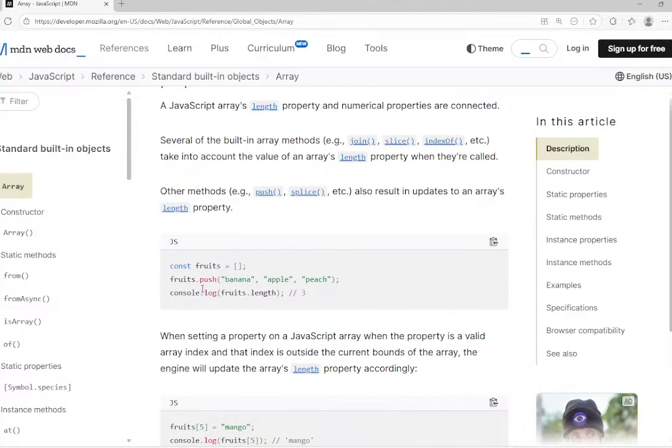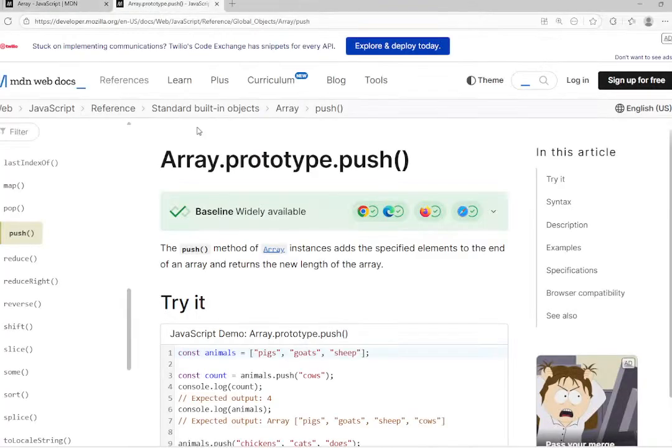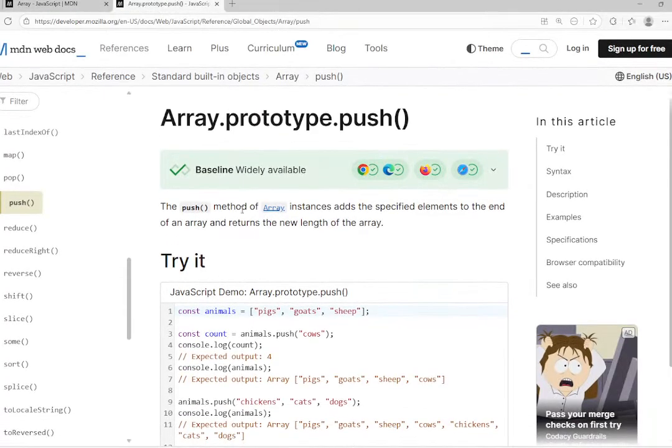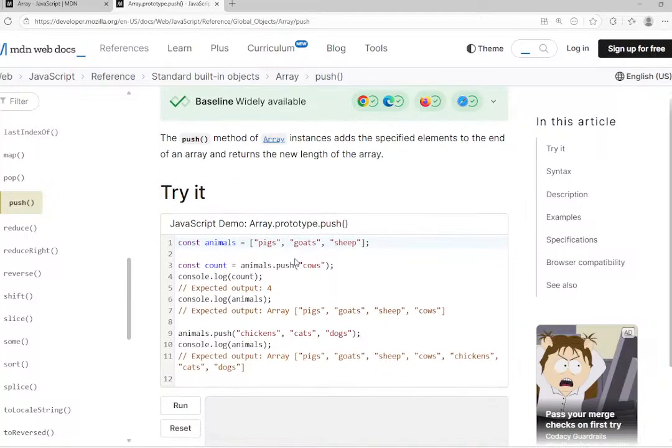So in this example, we have an empty array named fruits, and we're using the dot push method. And if you're not familiar with dot push, this is going to allow you to add items to an array. And we'll just go through the documentation just so you can see it. The push method of array instance adds a specific element to the end of an array and returns the new length of the array. So if we were to add an item to this array,